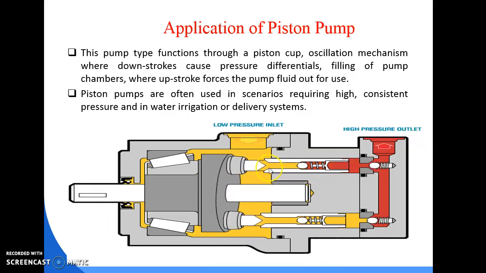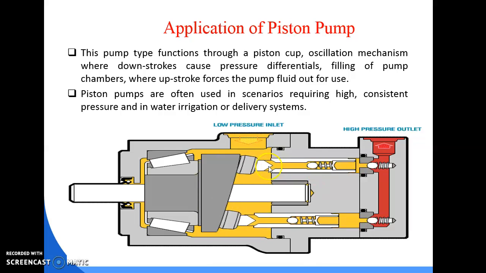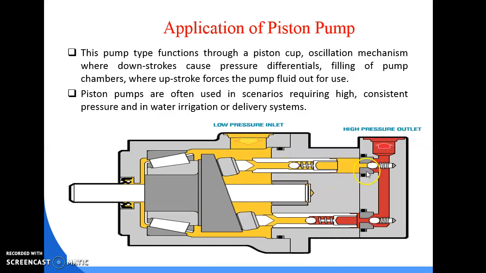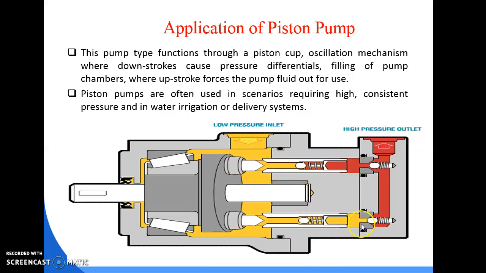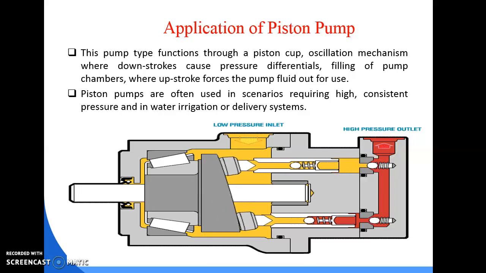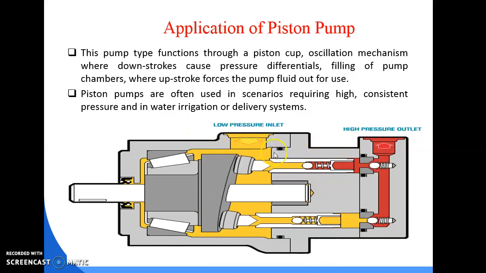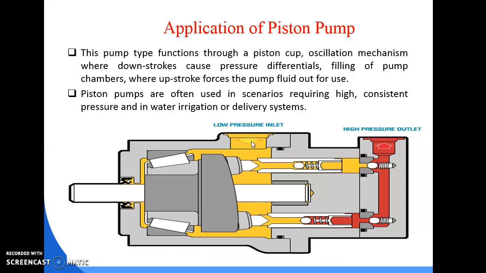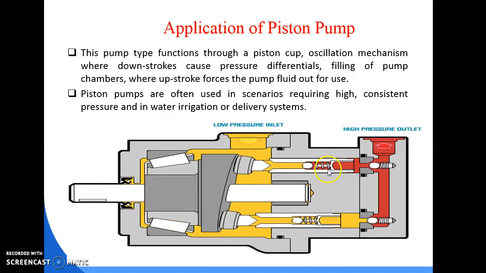hollow piston type. Inside the hollow piston, the liquid enters, and while the piston moves from left to right, the low pressure liquid is forced out through this, and that is also known as your delivery process. The red color arrow mark is known as your delivery process, and the downward arrow mark is known as your low pressure inlet.